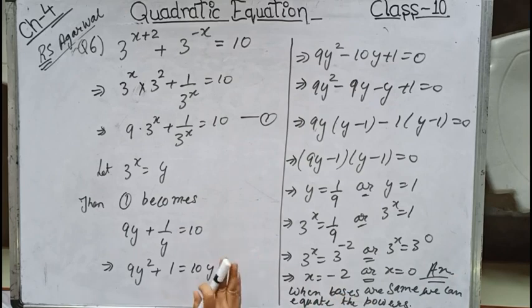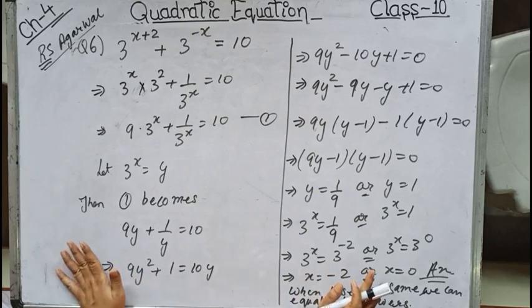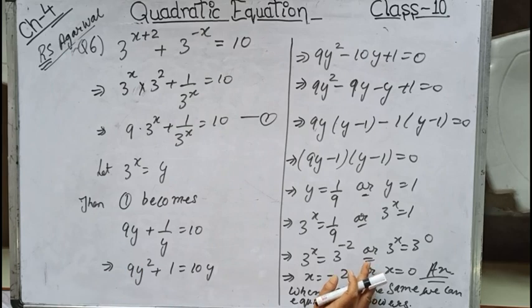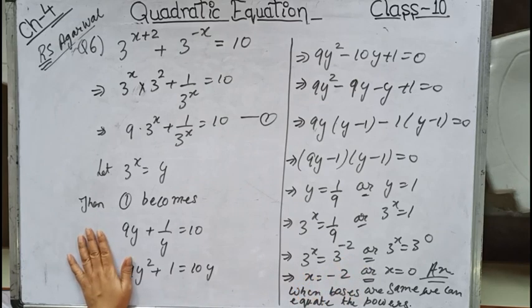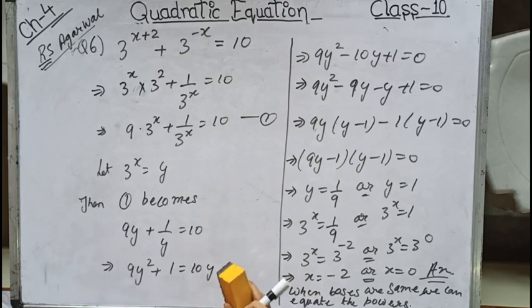So all types of sums, children, I have dealt with over here. If you feel to ask any other sum from this, many more sums are there. It's not possible to do all the sums, so you practice all the sums. In my book it is given 73 sums in the exercise as well as 22 sums in the solved examples. You practice all the sums. All sums are very easy and less time taking. And if you feel to ask any doubt, children, please do ask me.